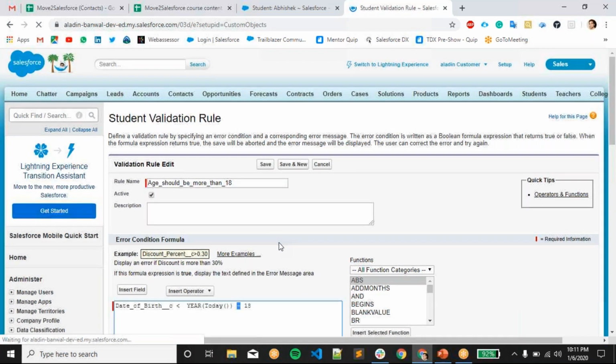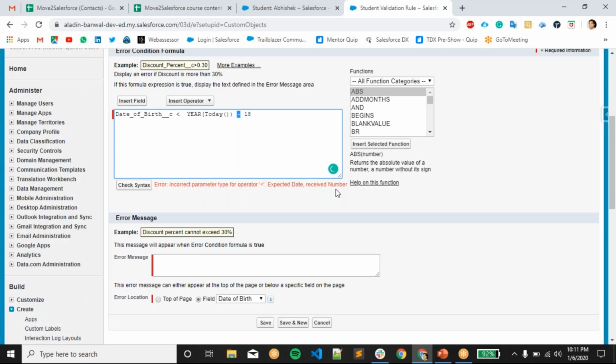Here also we have to apply the year function, because this is the date field right now, and it will return the full date, like 6th of January 2020.